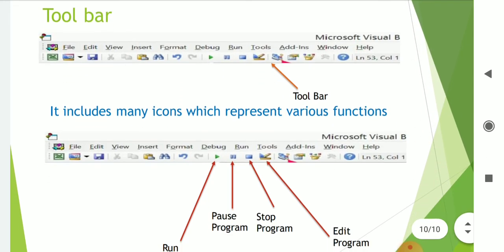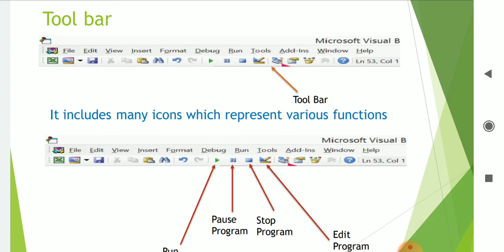Now the last one, toolbar. Toolbars are the components which are placed just after the menu bar, which is on the top. Toolbars are the objects through which you can use the options very quickly. For example, save, open, cut, copy, paste, all these options are there in the edit menu. But if you want to copy, you have to click on edit and then go for copy. So toolbars are the place where these components are placed directly. You can use them by clicking on them.